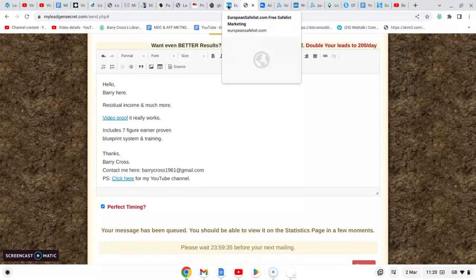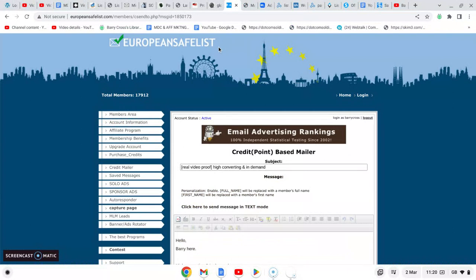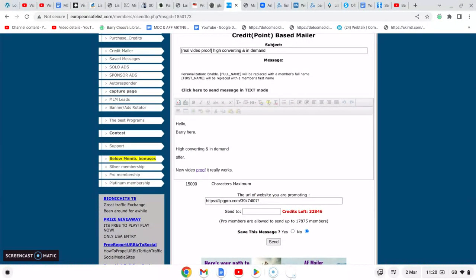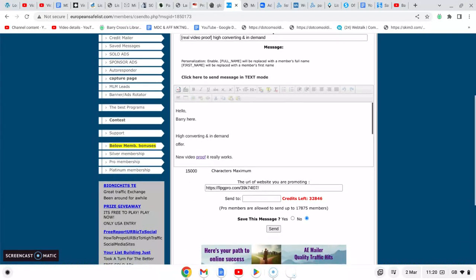The next one's European Safe List. This is in the top 10 of any rankings you see within Europe, within the Safe List industry. I'm an upgraded member in all of these. I started out for free for most of them, and then I just reinvested my profits just to be able to email more often and also